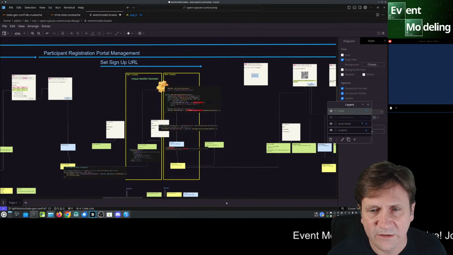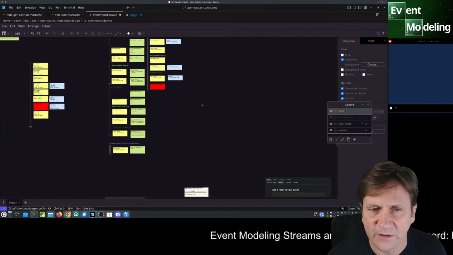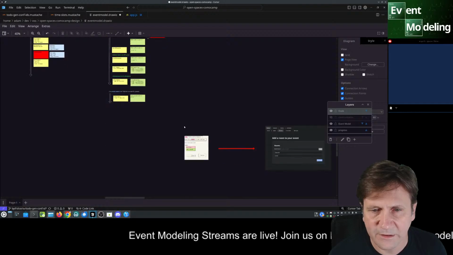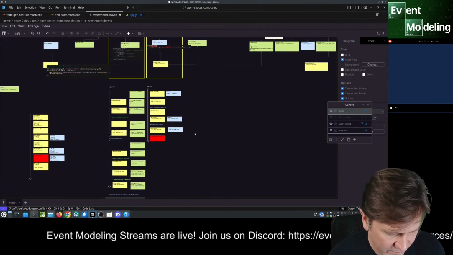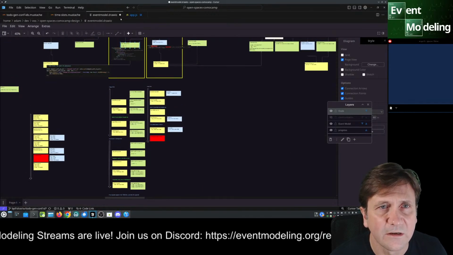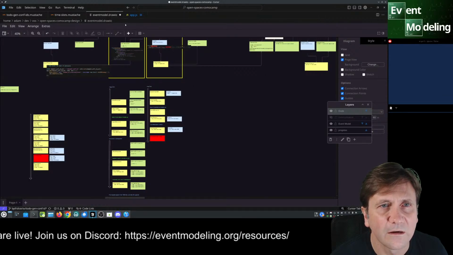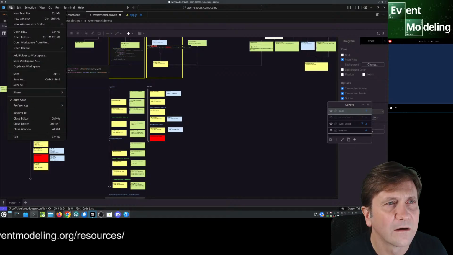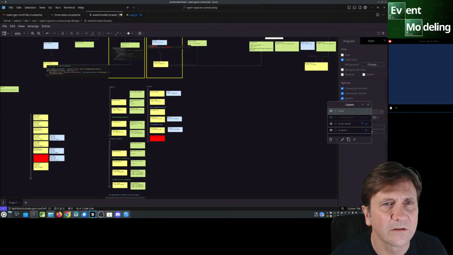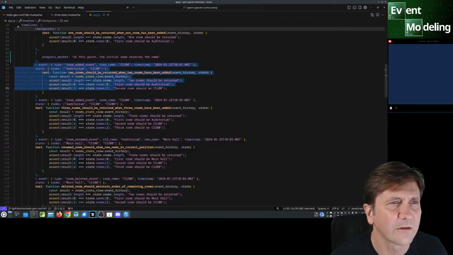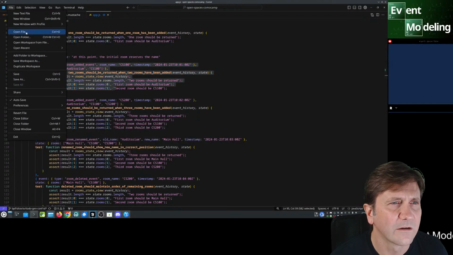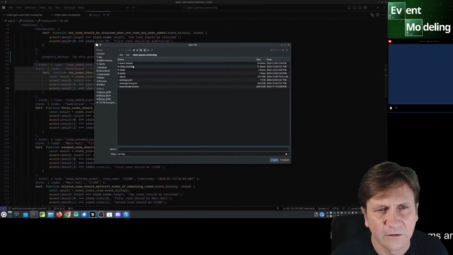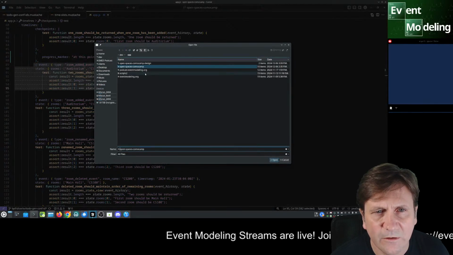Okay, let's save this and reopen it because Draw.io is not participating with us properly here. Control S. It's not even saving. File, save. Okay, it's saved. Let's kill that and open it again. Open file.